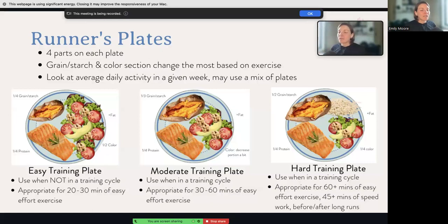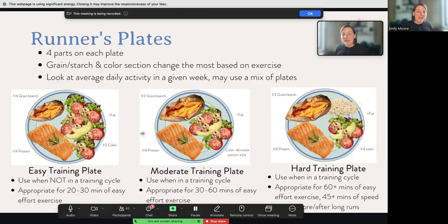It could be appropriate if you're not training for a race, but you're doing maybe 20 to 30 minutes of really light, kind of easy effort exercise. These two are the plates that you'll want to focus on, and you'll probably eventually get to the point where you are only eating the hard training plate. So the moderate training plate, you see that